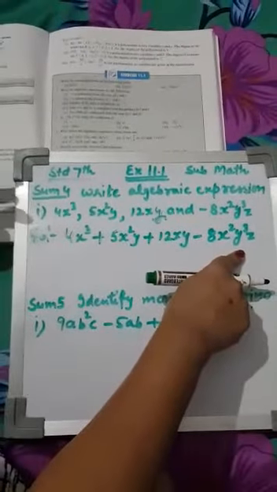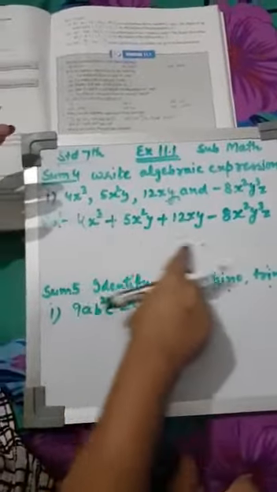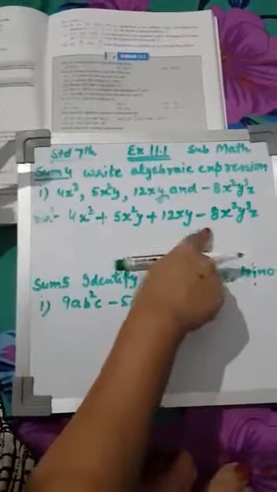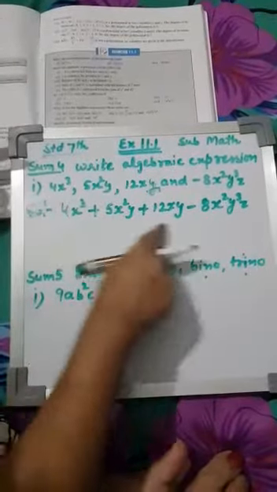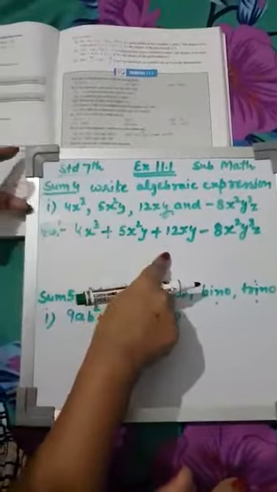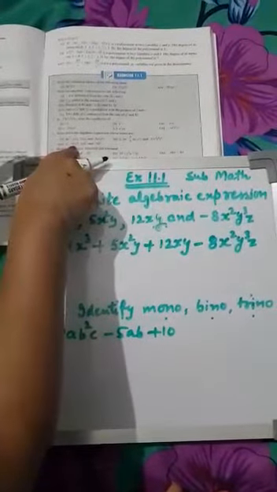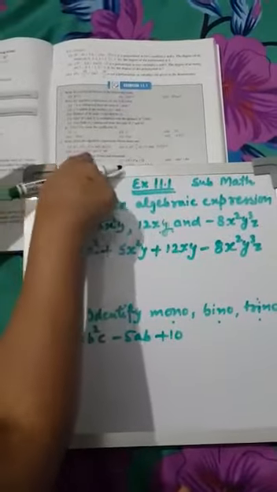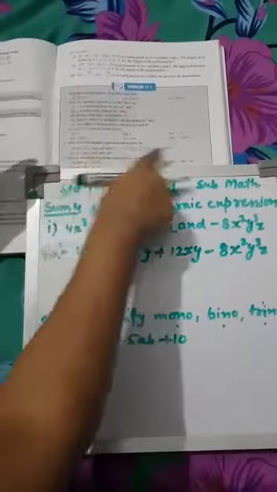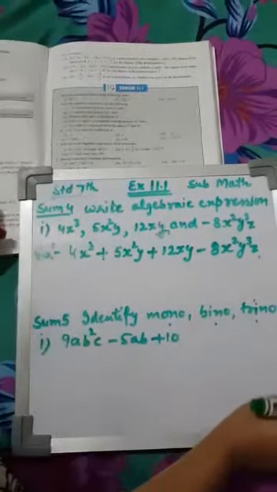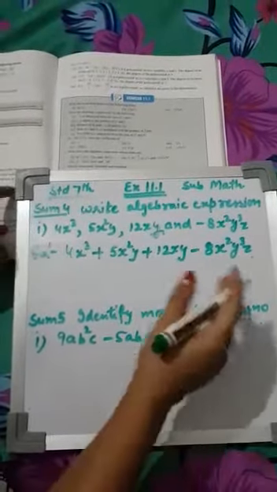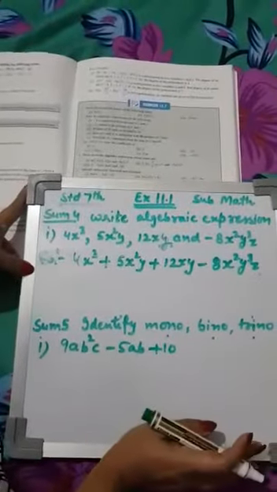As you know, the algebraic expression is a phrase in which plus and minus signs are there in between the terms. Okay, so this is the algebraic expression. Same in the second and third part, wherever there are commas you will place a plus sign, and if the term is negative you will place a minus sign in between them. So the rest of the 2 parts you can do. I will send the PDFs also, you can see there also.